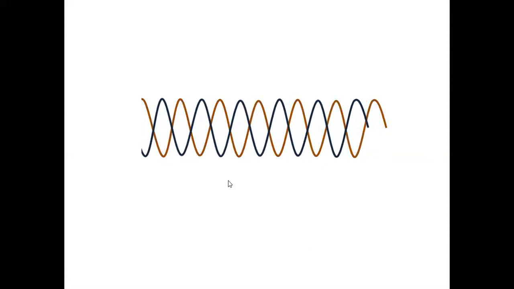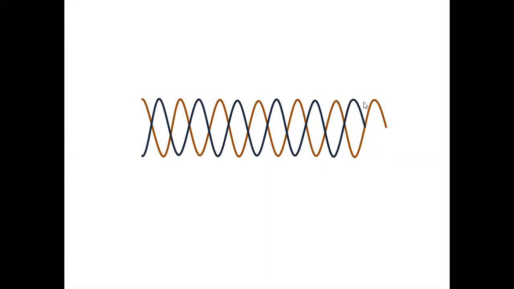Now I will move the other wave a little bit forward. Now one wave travels lambda by 2 less than this one. If there is a path difference of lambda by 2, path difference meaning difference in the distance traveled, then this results in destructive interference. Crest falls on trough.